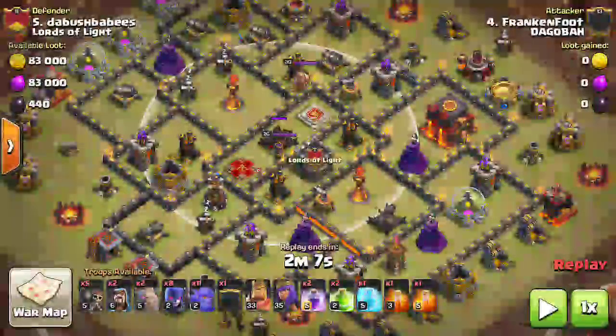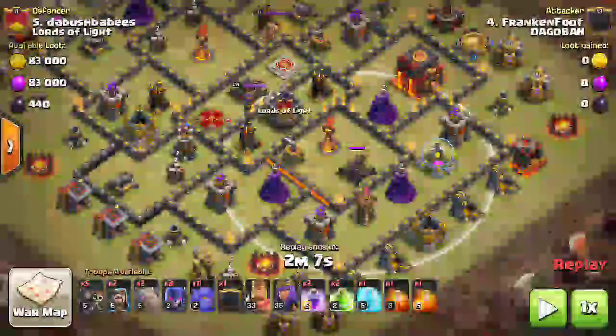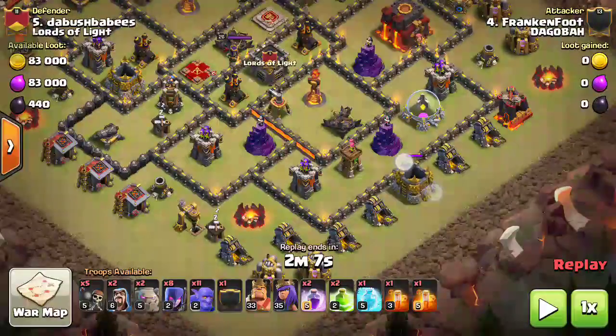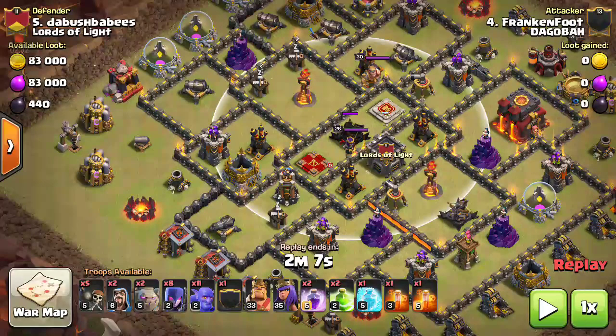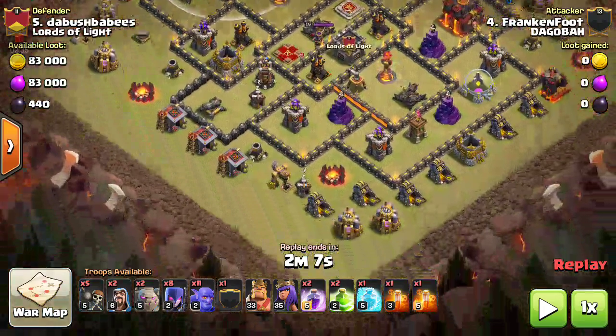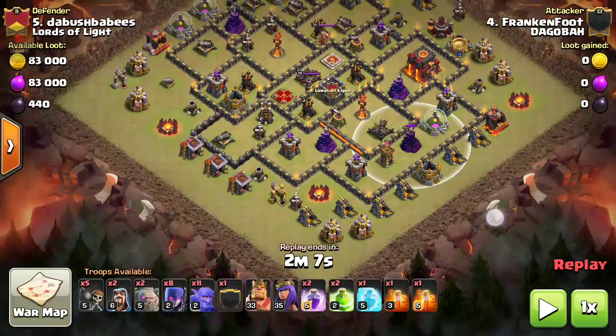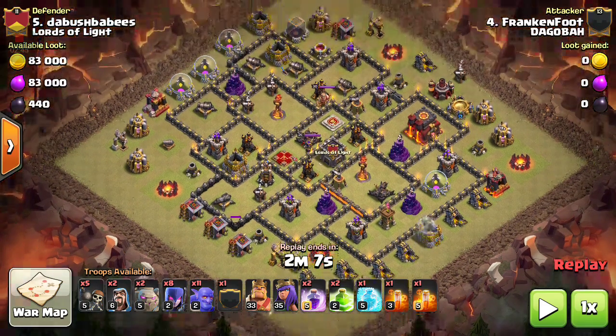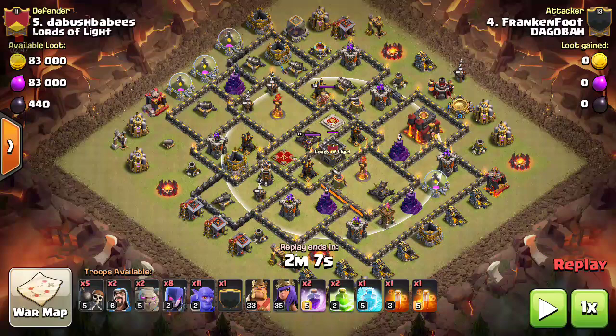He's also got both of his X-bows relatively internal, so this one's going to be distracted if I approach on this side of the base, and this one will never reach the outside of the base. And then the last wizard tower is all the way on the other side of the base, so skeletons, provided that you don't engage this wizard tower, have free reign to just run down the edges of the base. Also, the clan castle is internal, so I don't have to worry about the witches